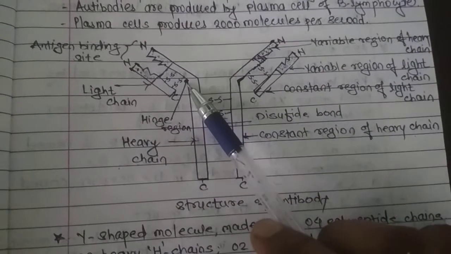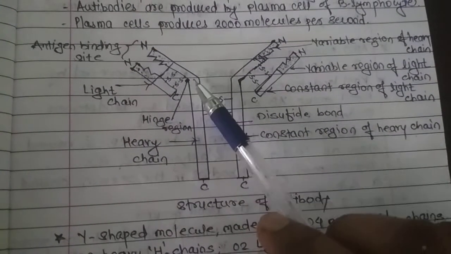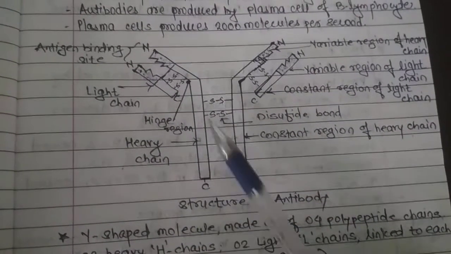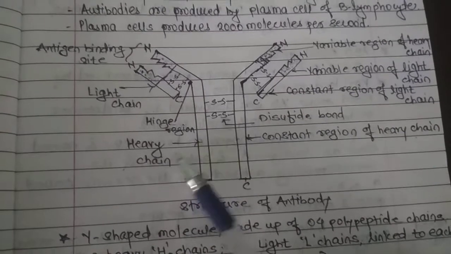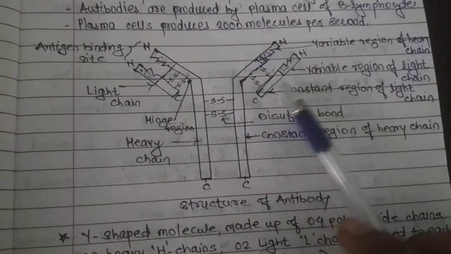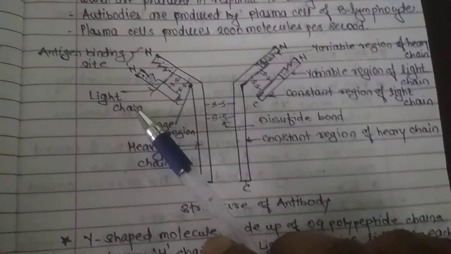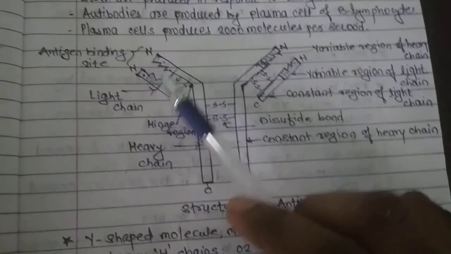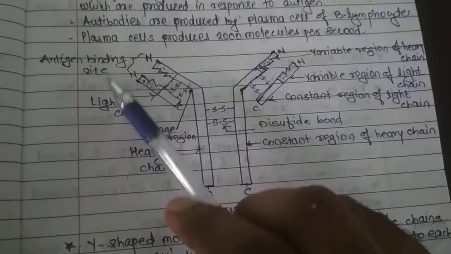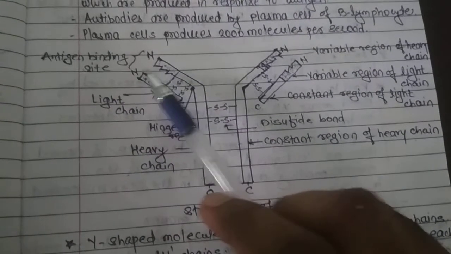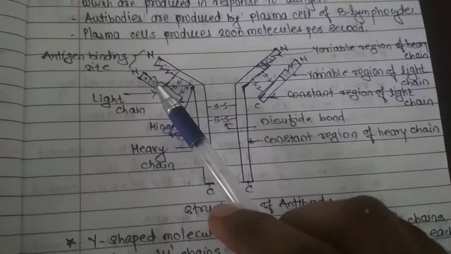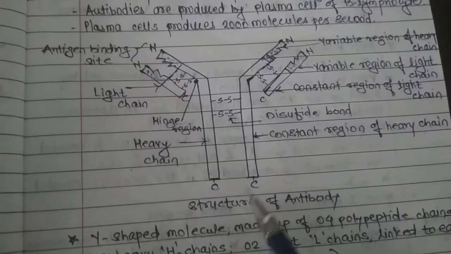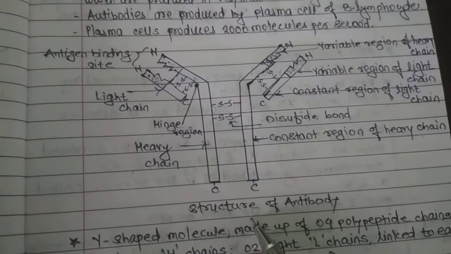The stem of this antibody, or the arms of the antibody, meet at a particular point. This is called the hinge region. And see, this longest chain is called the heavy chain, whereas the smaller one is called the light chain. Now see, at the amino terminus, there are some spikes which are nothing but the antigen binding sites. Here the antigen binds to that particular antibody to form a complex. How? We are going to study next. So this is a very important diagram, structure of antibody.